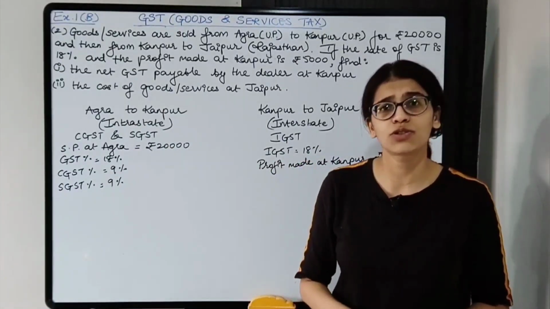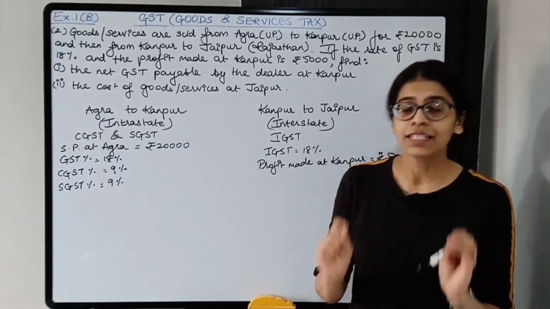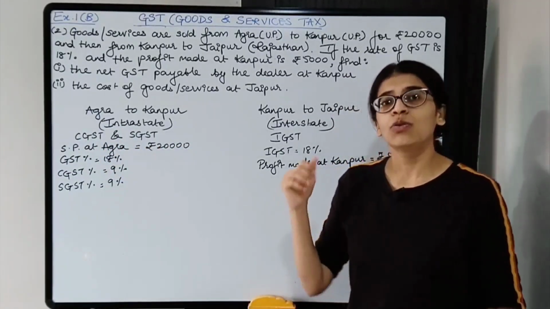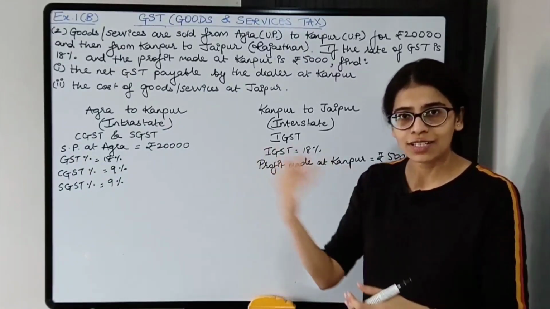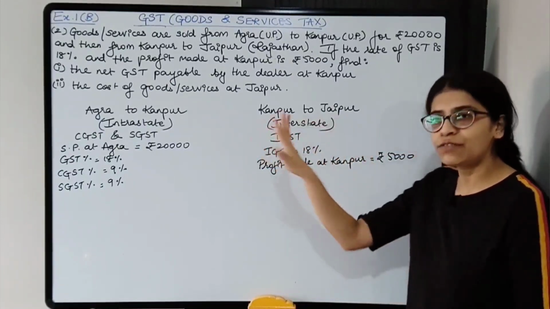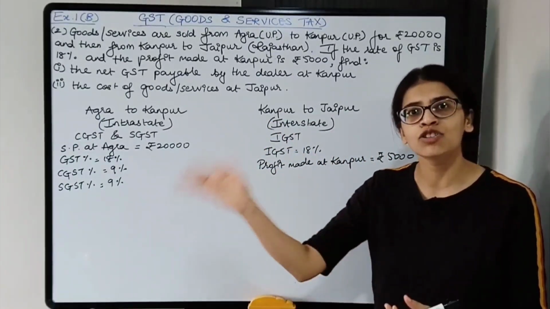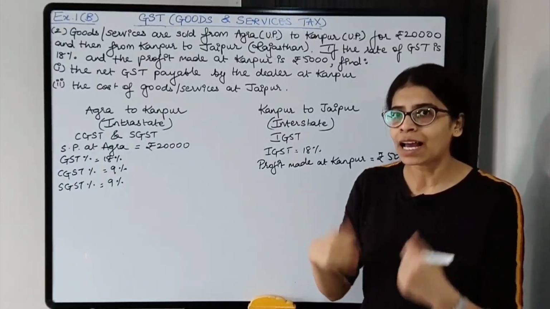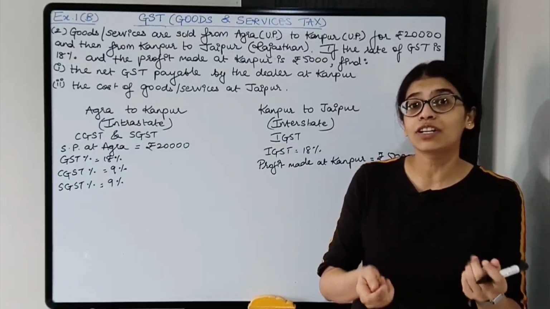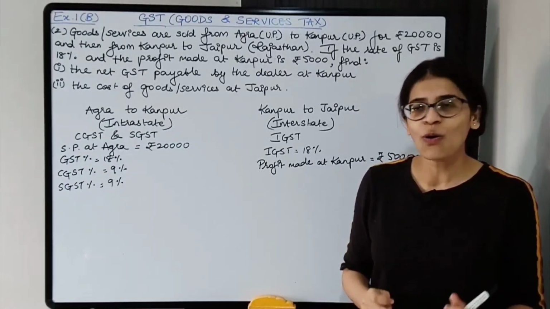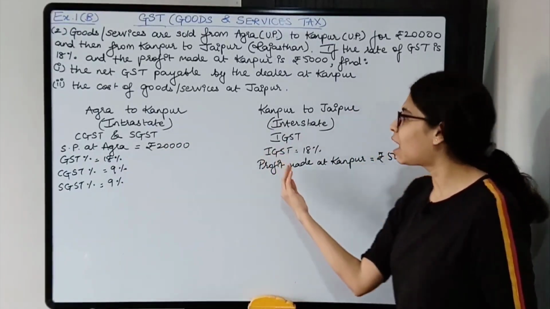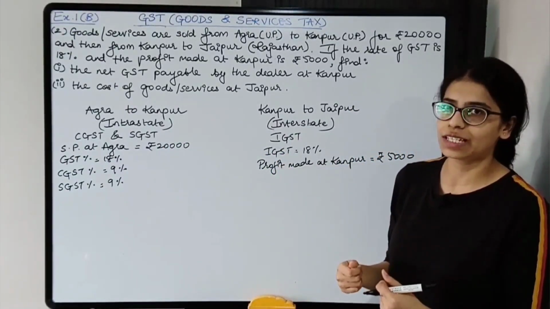Net GST means what, students? Now listen carefully. Kanpur is first buying the goods. So when it is buying, it has to pay GST. And when it is selling, it is getting GST from Jaipur. When you are selling, again you are charging GST. So when you are buying, you are paying GST, and when you are selling, you are getting the GST because you are charging the GST. So here Kanpur is paying GST and here it is receiving GST.